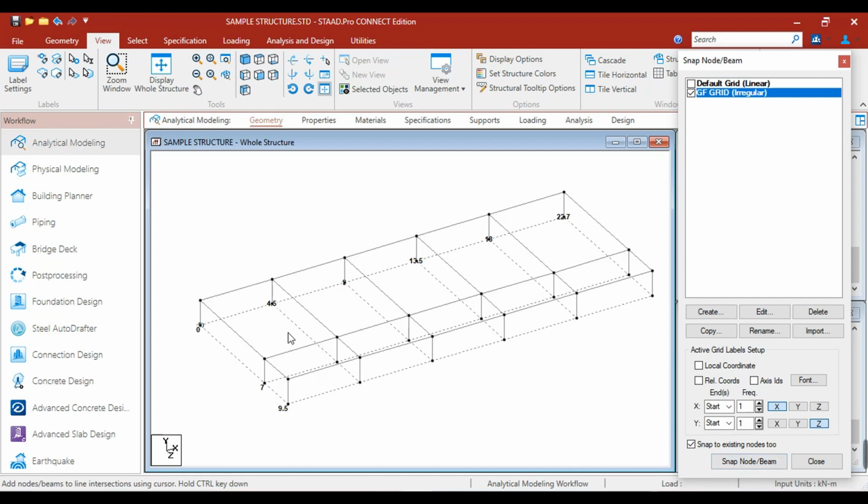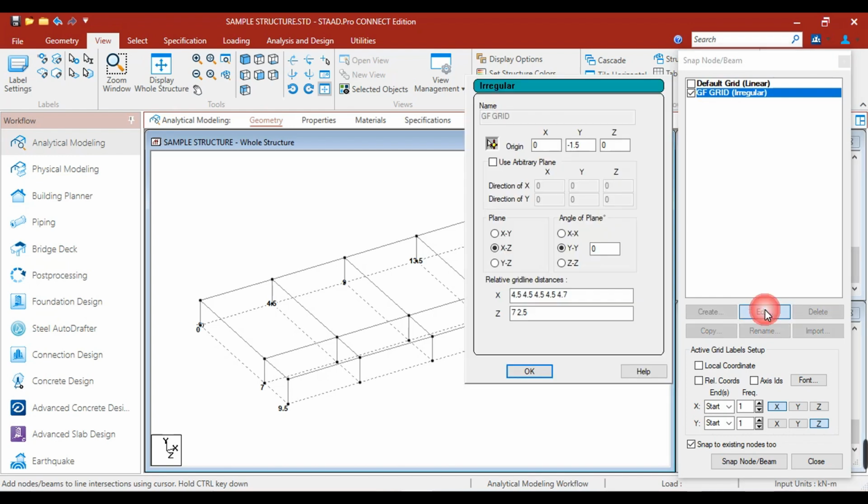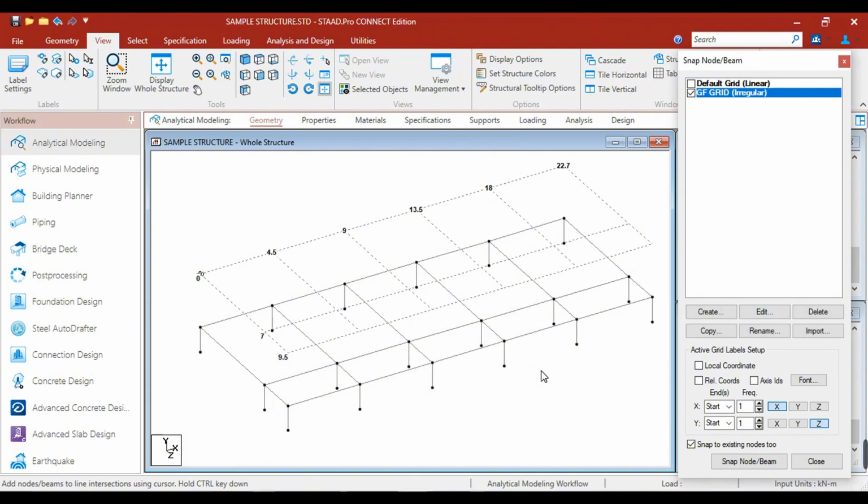Here we have now the model from the top of the foundation to the ground floor. If you want to create columns for the second floor, you can edit the ground floor grid, and instead of negative 1.5, we can have 3.2 for the second floor, then click OK. As you can see, your grid lines moved.